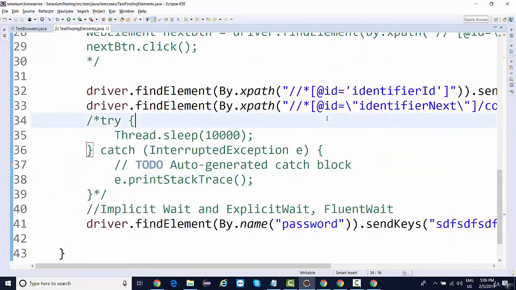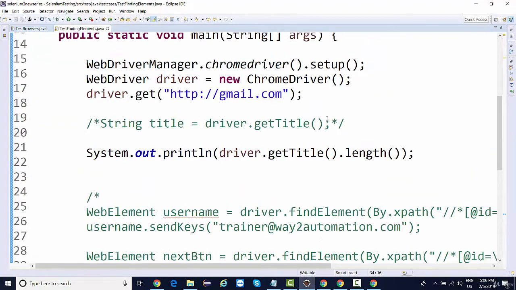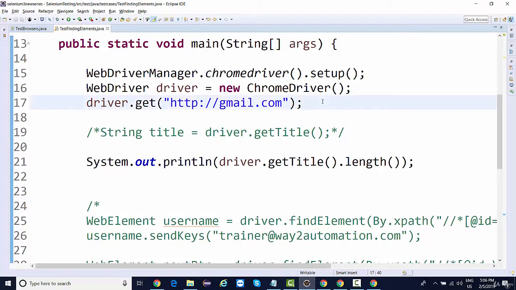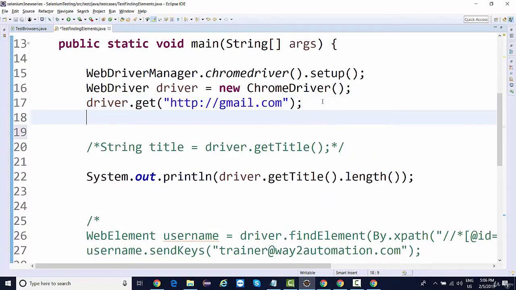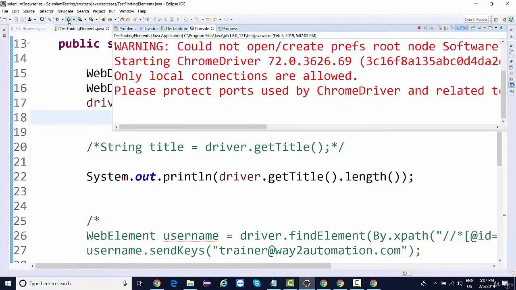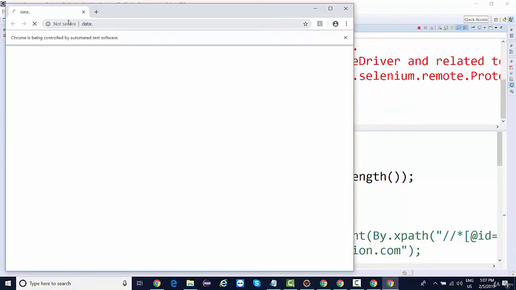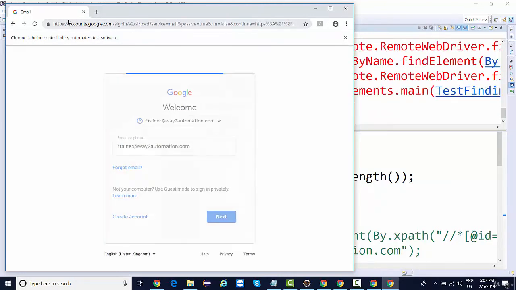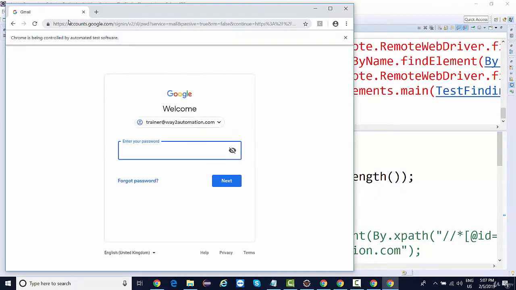See, there is a syntax for how to implement implicit wait, right? Before moving on to implicit wait, I'm going to show you how to maximize a window, right? Normally, when I'm running this code, the window is not maximized by default. See, this is the default view of the Chrome browser. I want to maximize it. So how to maximize the window?